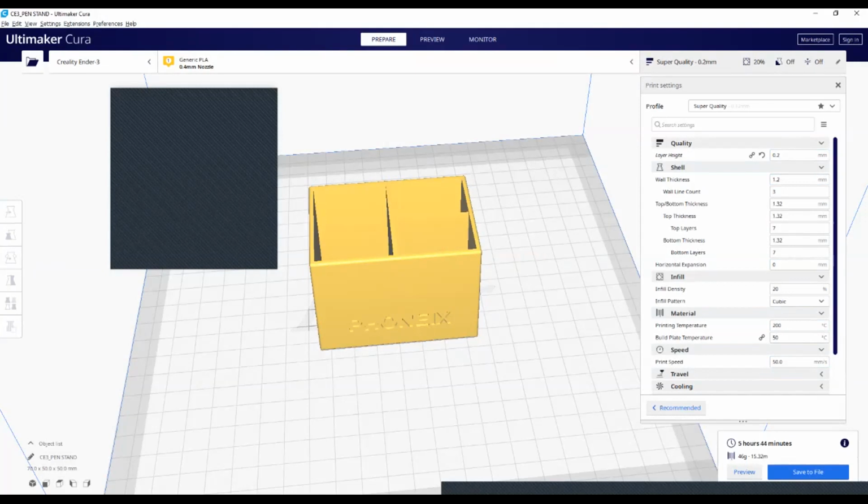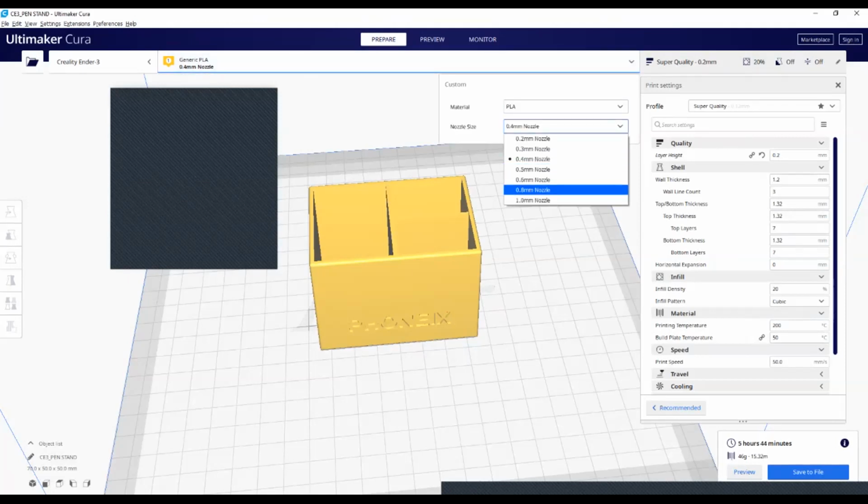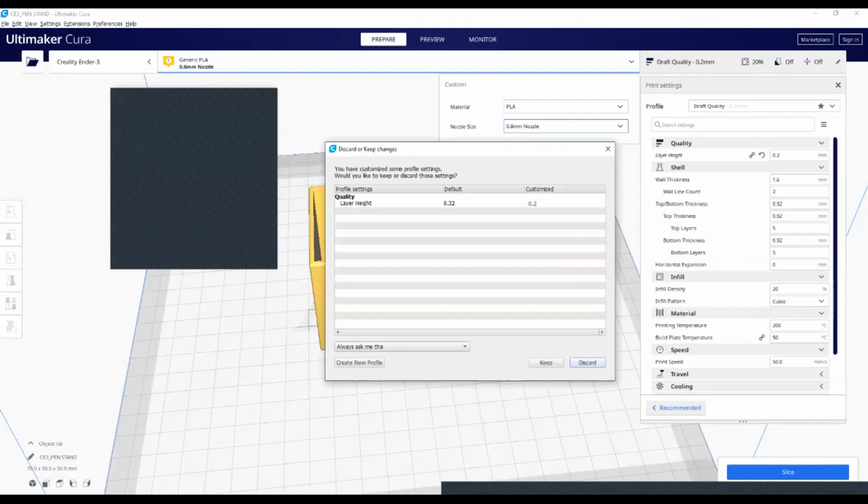One more thing that I want to suggest is the use of a different nozzle. Here you can see it's generic PLA with a 0.4 millimeter nozzle. Right now I'm going to change 0.4 to, let's say, 0.8 millimeter.